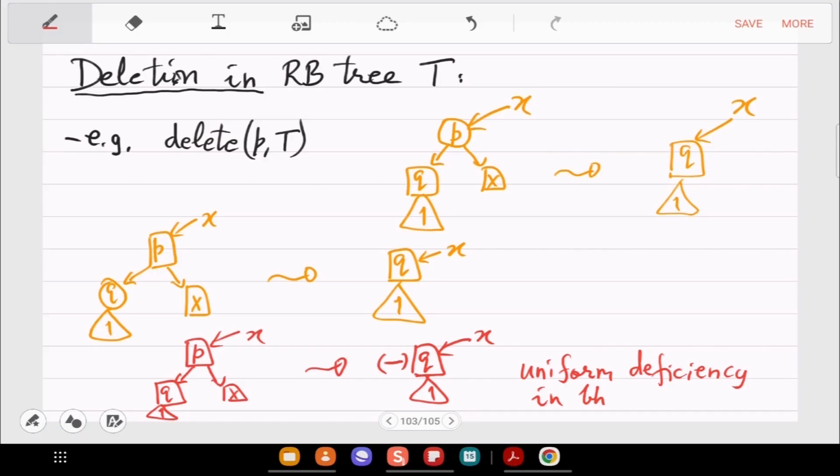For this now we have to look at a bigger structure and repeat those rotations and color swaps to deal with this special imbalance.